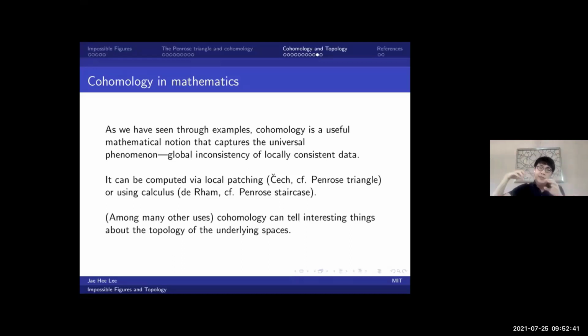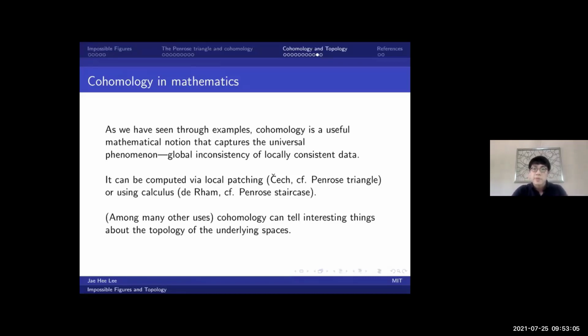And always, when you try to patch up all of this local information, you will encounter the possibility of extra global obstructions in that process. That's always captured by cohomology, and that's why it's so universal in